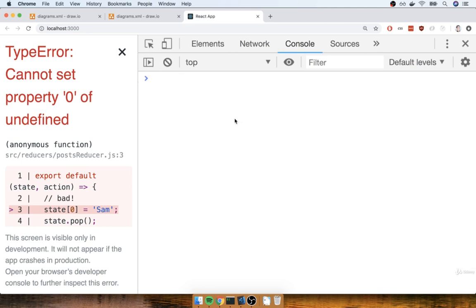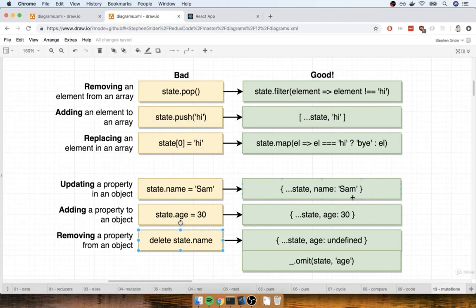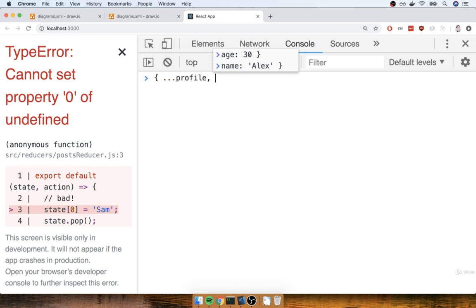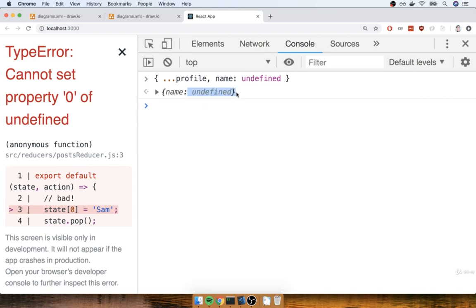Okay, so now to actually remove a property from this thing, we can use a janky way that I don't really recommend right here, where we would essentially overwrite a property with a value of undefined. An example of that would be ...profile with name undefined. And you'll notice that when we do that, it does kind of remove that property by setting the key's value equal to undefined, but the key value pair still exists inside of here. So it's not really a true removal of that property.